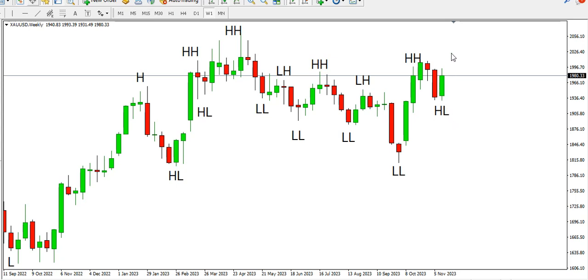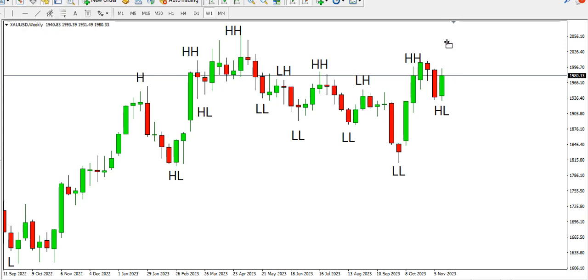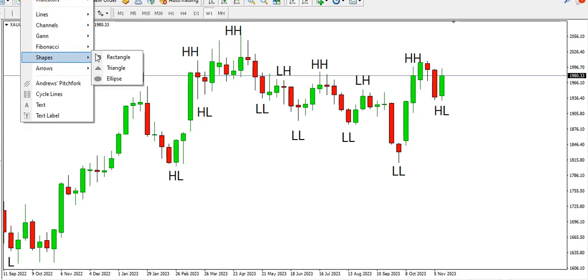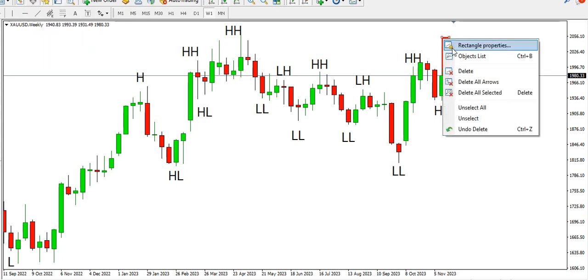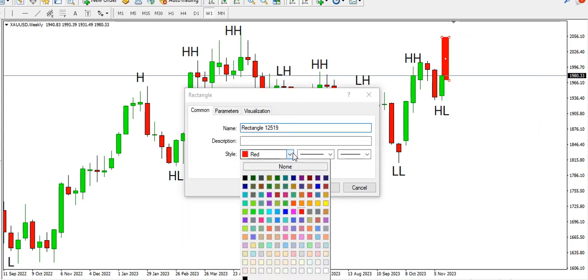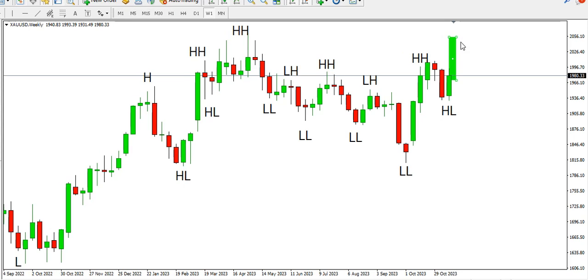If next week's candle closes as a bullish candlestick, and try and put a bullish candle around here for next week, then we will have another higher high